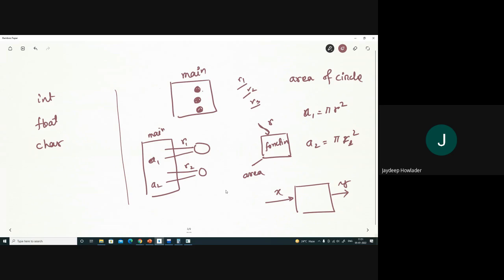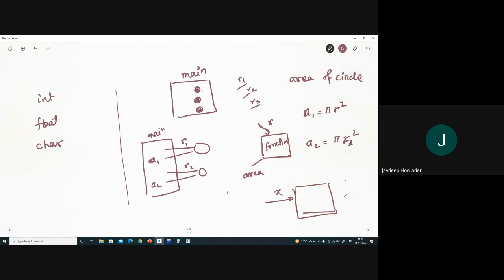Okay. So there may be some cases where the function does not return anything. Say, for example, the printf. So when we are using printf, we just want to print the things. We do not want to get something from this function. Understand? Do you get this point?